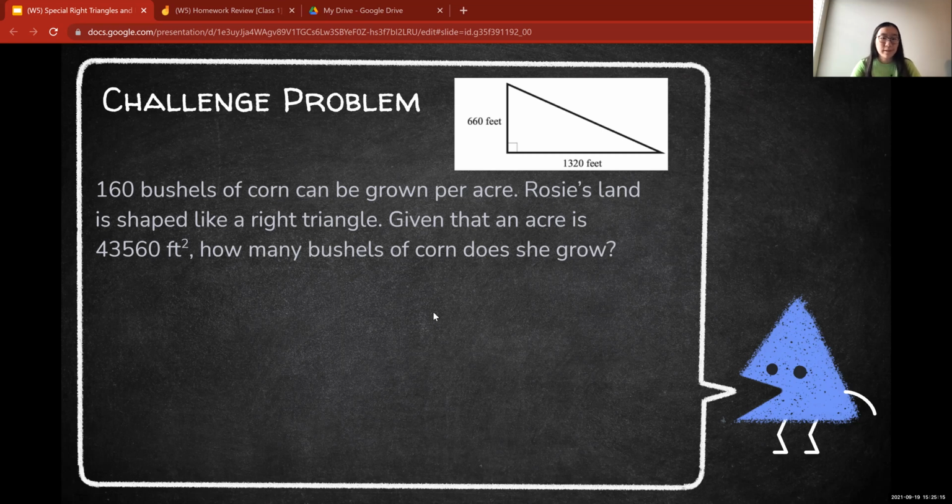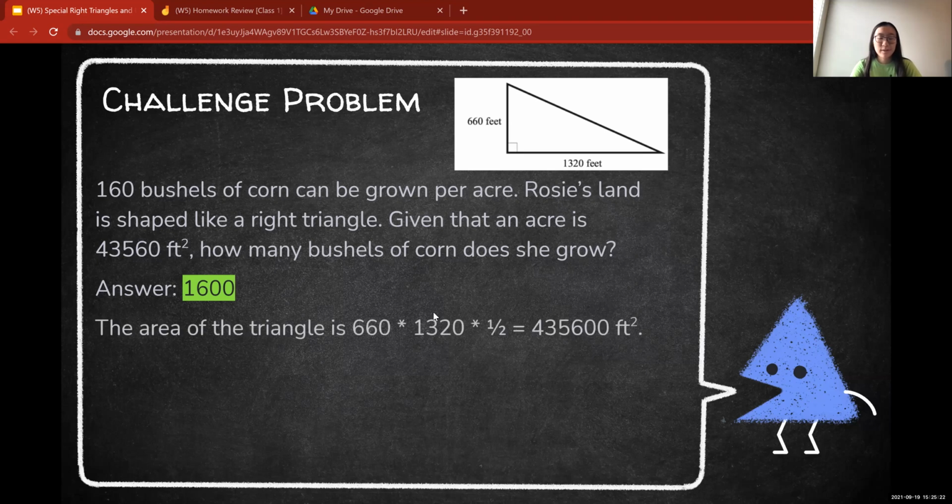Okay, we have quite a few answers in the chat, so I'll go ahead and explain this problem. The correct answer is 1,600 bushels, so great job to everyone who got that correct. The first step here is to find the area of her land, which is that triangle in the picture. And the area of that is 660 times 1,320 times 1/2, which gets you